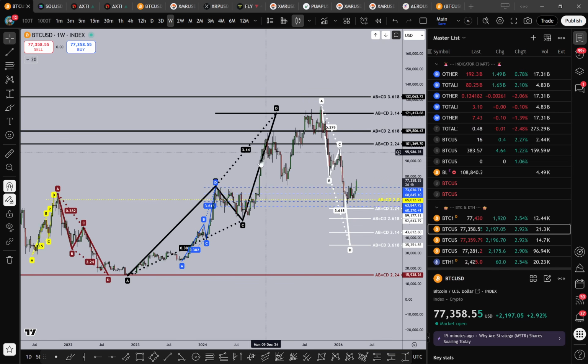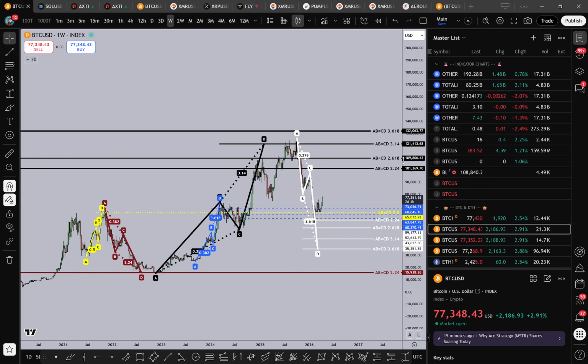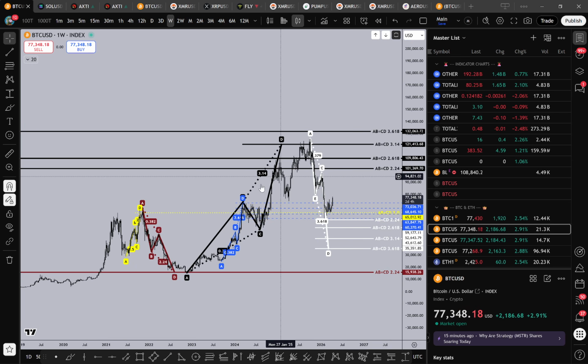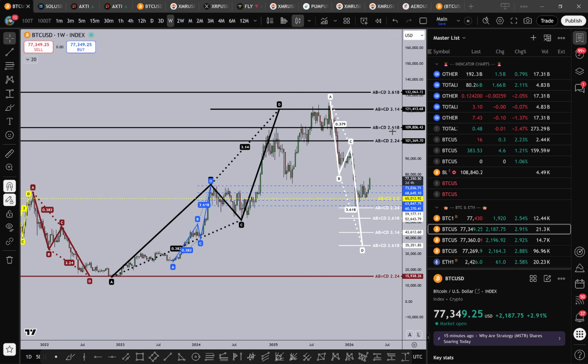And then, of course, the macro top. This one, as soon as that C came in, this one I shared in 2024, right? We were saying, look, we're not going to get to 180K, 200K Bitcoin. It's not going to happen this cycle. It's going to be somewhere around this. Especially for the blow off top, I was saying it's going to be somewhere around 101 to 109, and if you get above that, somewhere between 121 to 132. We got above the first zone, so the second zone is where we got the blow off top, right there, the 121, 132. Bearish divergence, bearish divergence, bearish divergence,